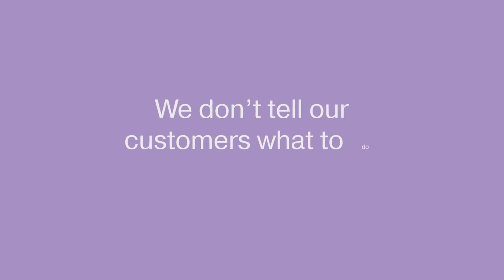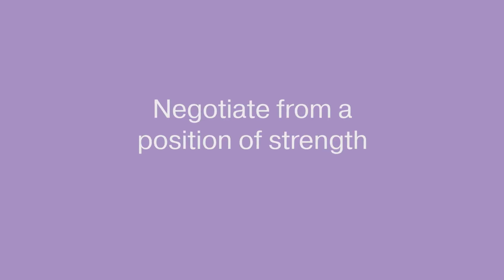And there are a lot more technologies on offer from more vendors, and organisations need to know, do we invest in this technology with a particular vendor, or do we keep with our traditional approach? And that's one of the fundamental elements of CAS in determining what the roadmap looks like. Ultimately, we don't tell our customers what to do. We arm them with the information they need to make sensible decisions on behalf of their business, and then negotiate from a position of strength once they know what it is they need to get out of that negotiation process at the end.